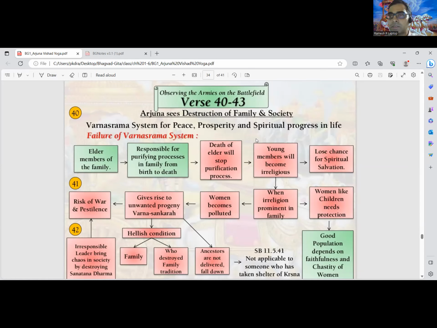So there will be widowed women, and the next progeny also will be mixed-up progeny, right? Which is not good for the society. And even he goes further, and he says that when there is a lot of irreligion in